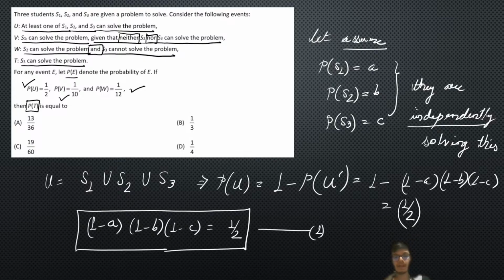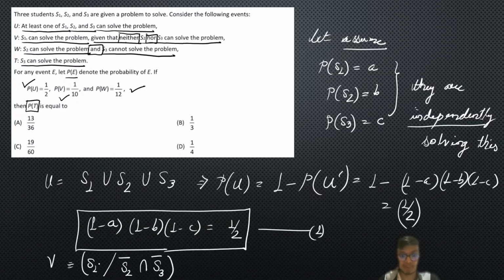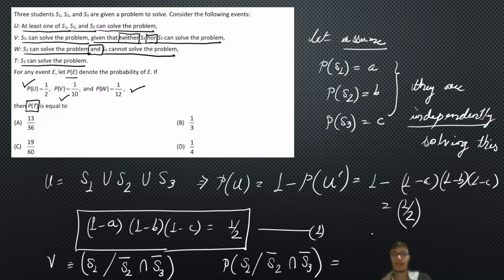Then we have our second event, that is V. V basically says that S1 can solve the problem given that neither of S2 nor S3 can solve it, so S2 complement intersecting S3 complement. If I take the probability of this, it is the probability of S1 given S2 complement intersecting S3 complement. Using conditional probability, this can be given as the probability of